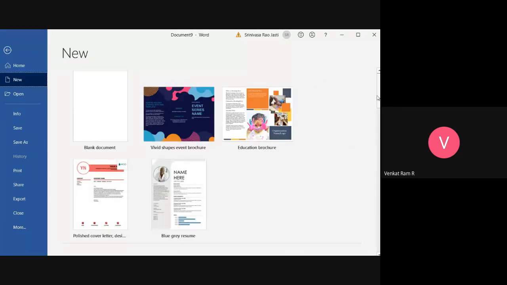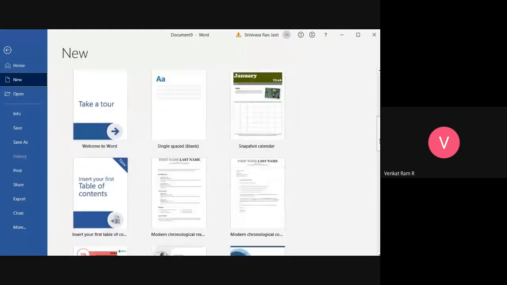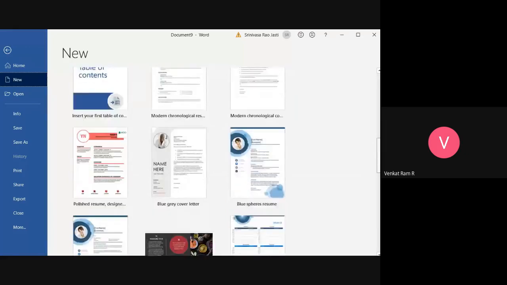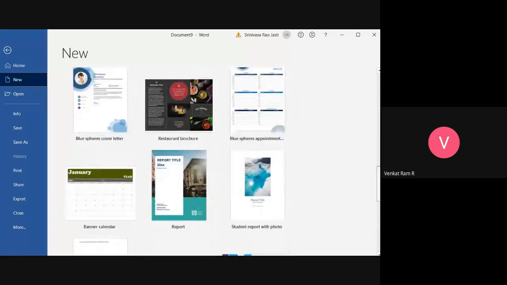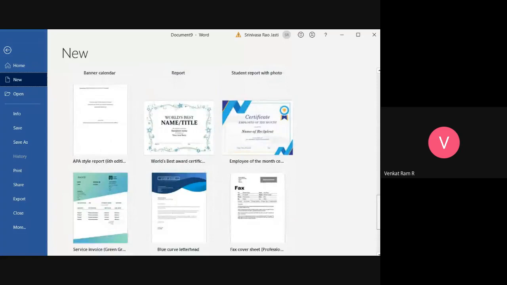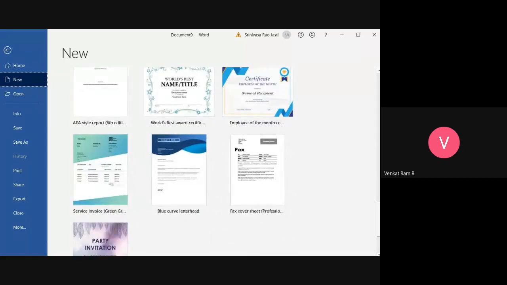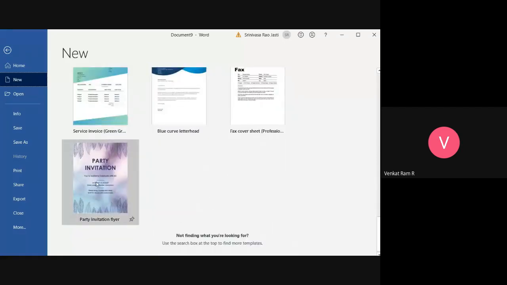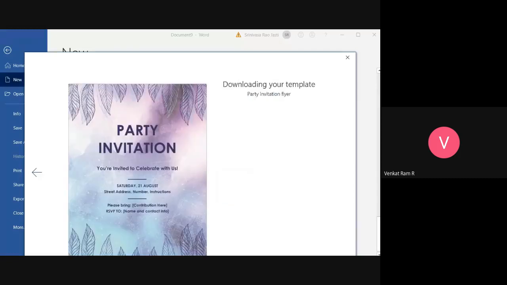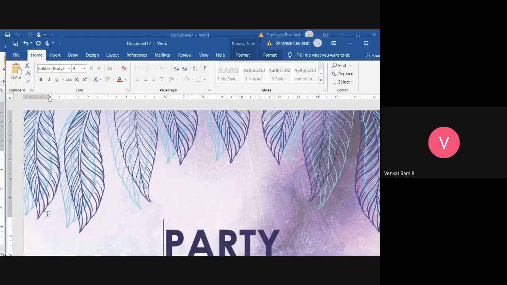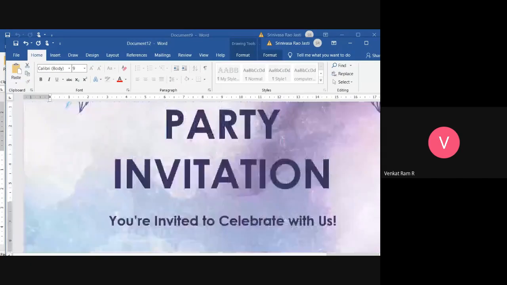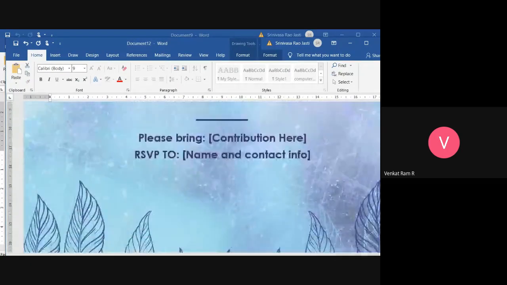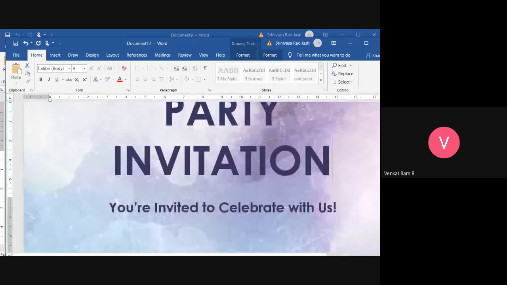Whichever you wish to edit, just click on it. Suppose you want a table of contents, or see here, party invitation is there. So just click on Create. If in future you ever want to invite any teacher for anything, just click on this template and change here.